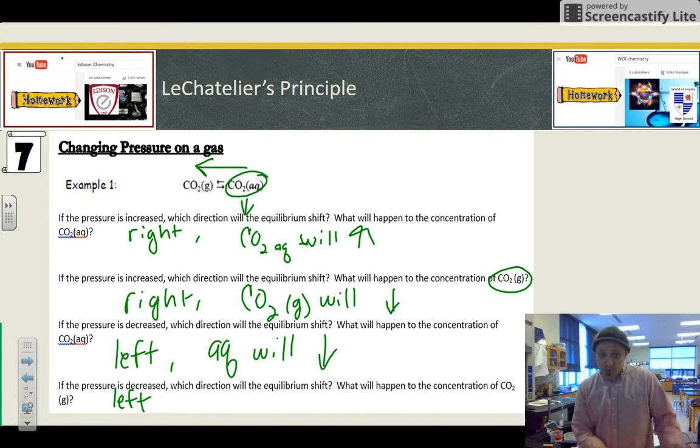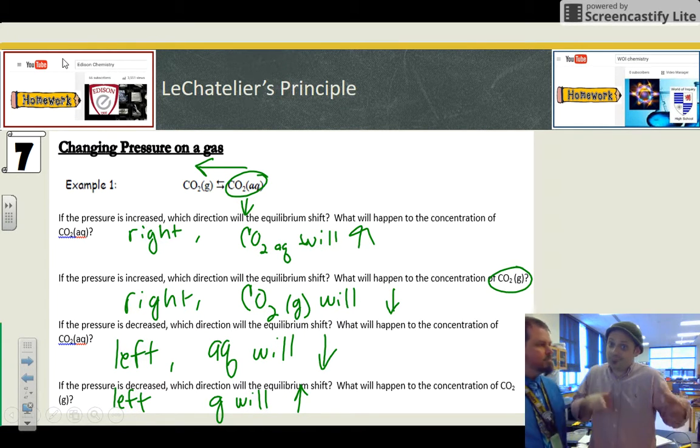And if we decrease the pressure again, we're going to shift to the left, and the equilibrium will favor the formation of more CO2 gases. That's it. We did